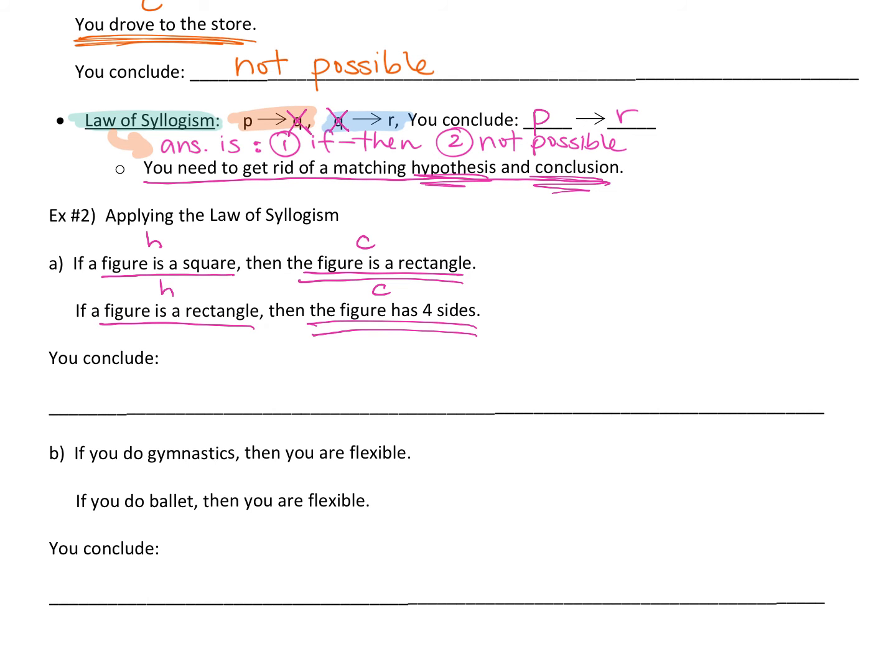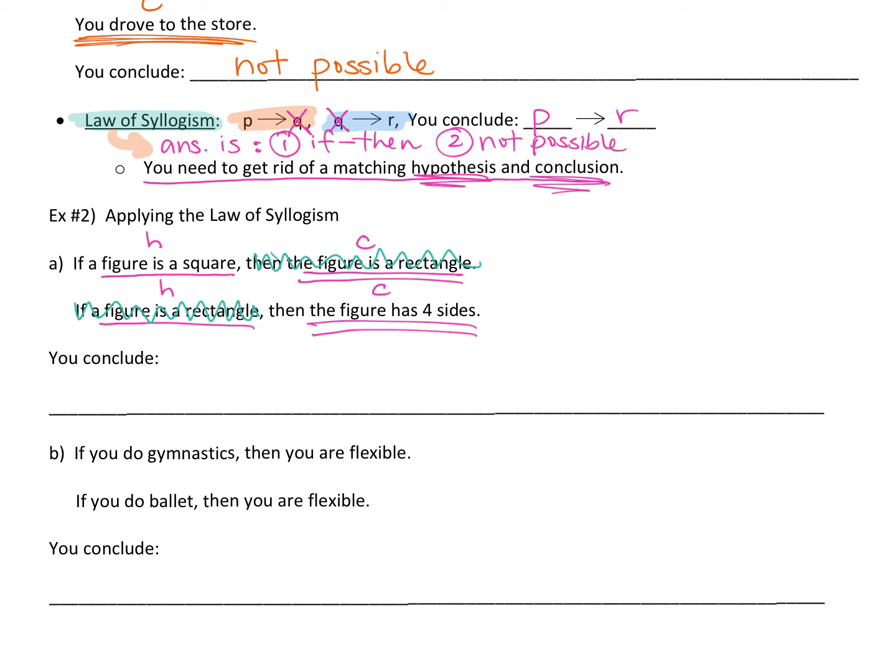Your job is to determine, do I have a hypothesis and conclusion that are saying the same thing? Do you see 2 that are the same thing? Yes, no. What is it? Rectangle. Yeah, the figure is a rectangle. If a figure is a rectangle, it's saying the same thing. One's an if, one's a then. One's a hypothesis, one's a conclusion. If they're the same like that, and they don't have to be identical, they have to be saying the same thing, but they might say it in a slightly different way. What you're left with is your answer, okay? Your answer is, if a figure is a square,